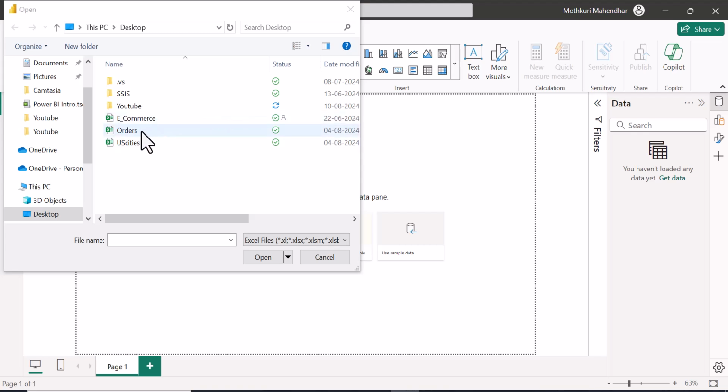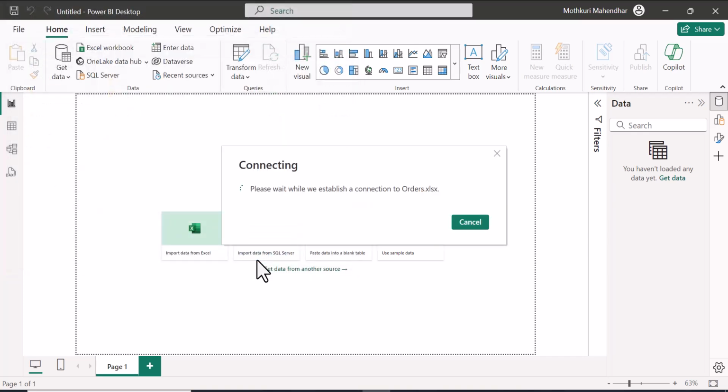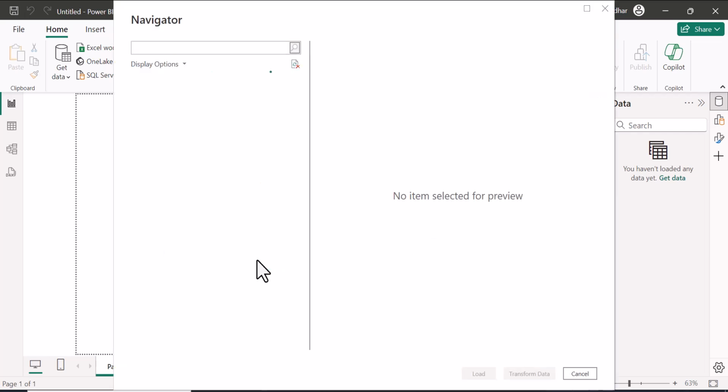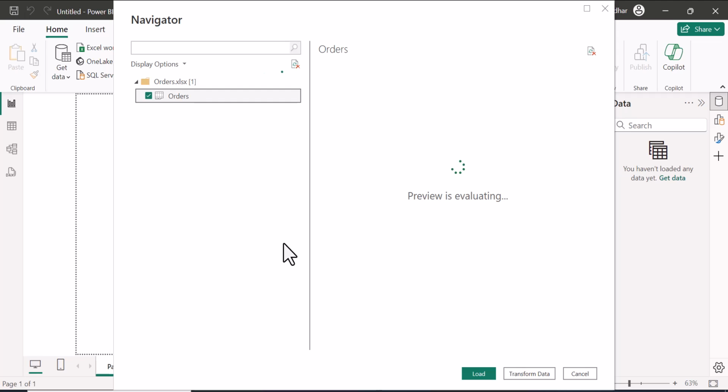Now I need to load the orders file, so I am selecting it and clicking on open. We need to wait for the connection to be established. Once it is established, you can find the list of sheets under the Excel file that we have loaded, like this. So now I am going to load this order sheet, so I am selecting it and